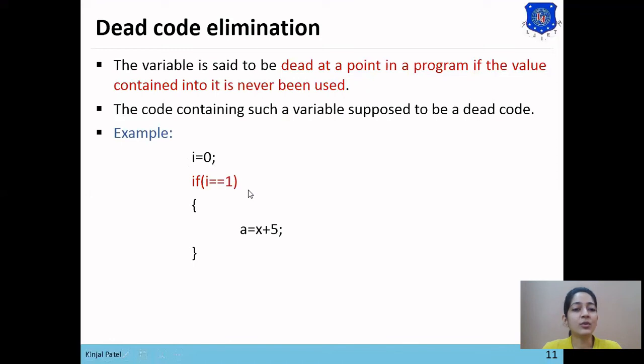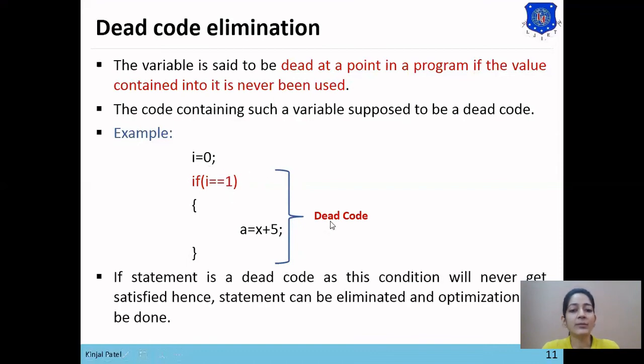So this block will never get executed, because i equals 0 and it will never become 1 in this program, since the value is static. So this is dead code, as it will never get performed during execution.